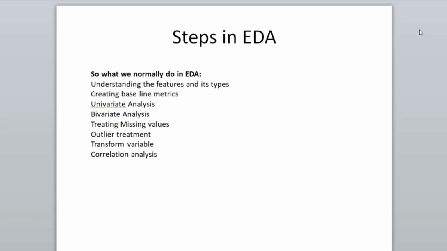Next one is the transformation of variables. Let's say you have a variable called income, and income ranges between say 10k to 100k. In most cases, it could be 10K, or 11K, or 12K, and so on and so forth. So sometimes you may need to bin these values into buckets. Bucketing them into different bin sizes is called a variable transformation.